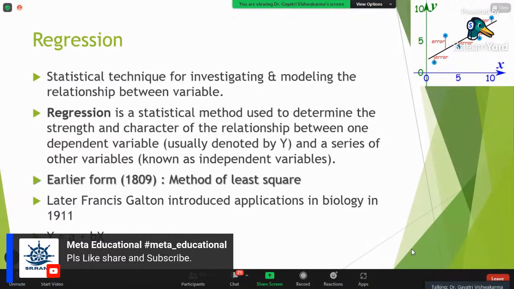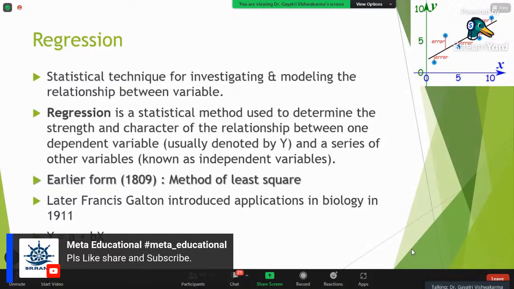This is a statistical technique for investigating and modeling the relationship between variables. If you want to define regression, it is not a very catchy word for a simple person. Regression means predictive modeling, or prediction.